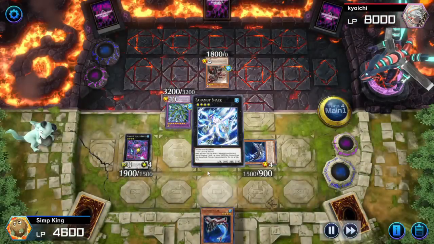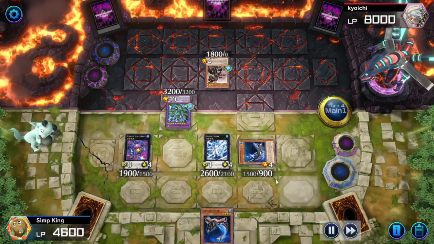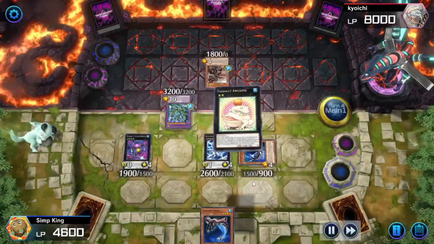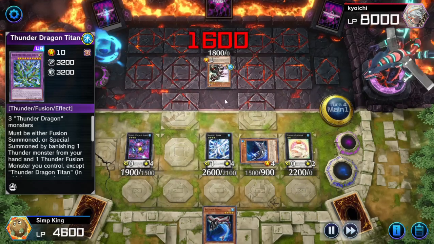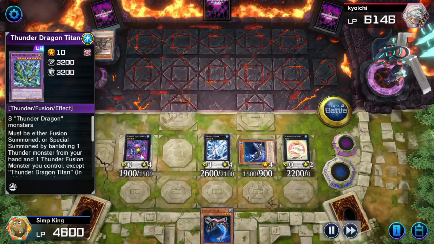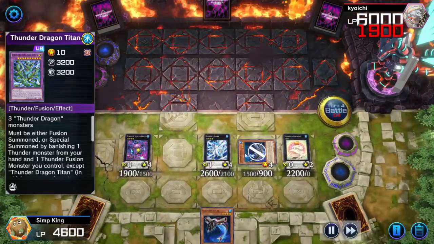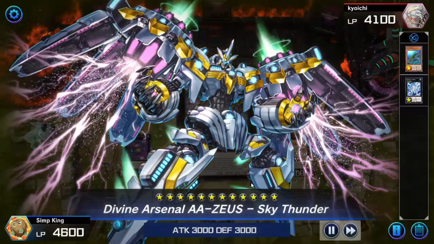And now we get to make the Bahamut Shark. Bahamut Shark detach material. Make the Toad. Let's use the effective Stealth Kraken to pop his Thunder Dragon Titan. It cannot protect itself because its effect is negated. Let's attack over our opponent. Attack him directly. And main phase 2, we can turn our Bahamut Shark into the beautiful Zeus